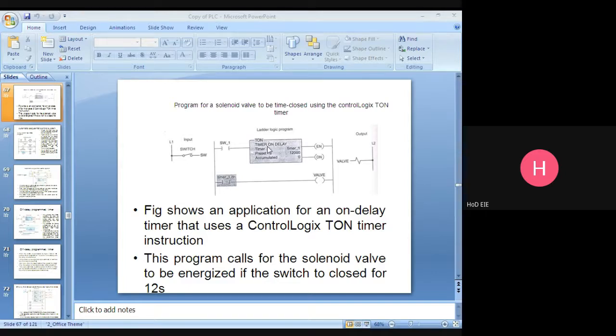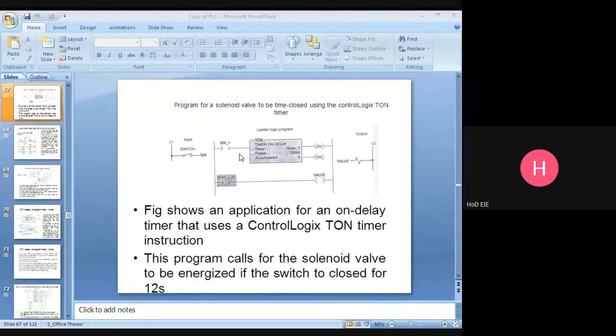This one is type of timer, on delay timer. Accumulator value will be initially 0. Preset value will be 12 second or 12,000 millisecond. Timer 1 is selected. The type of timer will be on. So you can say this one is on delay timer.